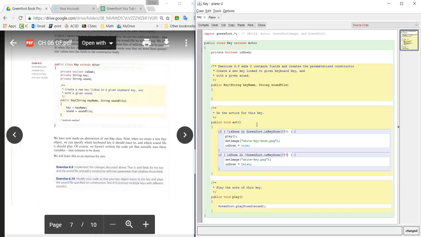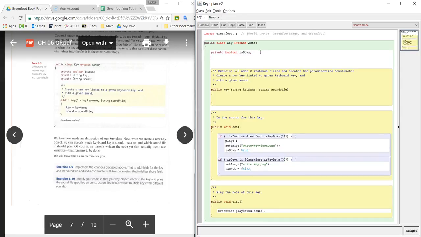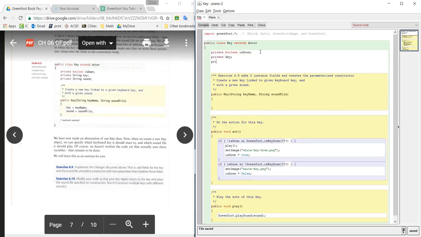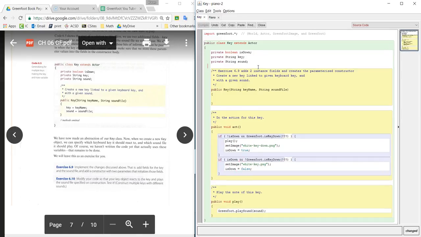And in order to do that, I need to create some instance fields. And the instance fields that our textbook recommends are that we're going to have a key for an instance field, and we're going to have a sound. Both of those are string data type because the names of the strings and the keys are stored as strings. And then we're going to change